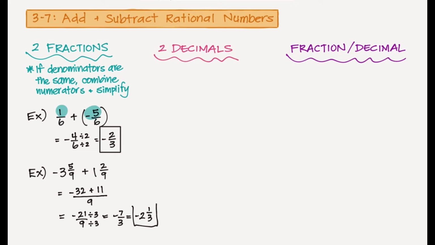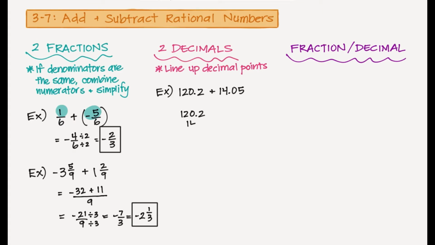Now let's review adding and subtracting two decimals. So the thing that you need to remember for this is just simply to make sure that the decimal points are lined up. Okay? So I'm just going to put that note there. Here's your first example. If I have something pretty straightforward like 120.2 plus 14.05, what I would do is just rewrite my values where I'm lining up the decimal points. I'm going to add a 0 at the top, and now I can just add straight down in my columns,